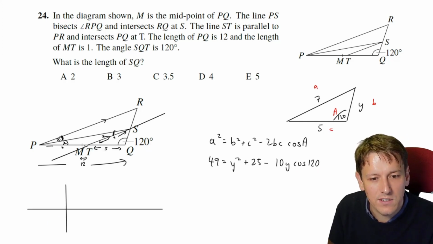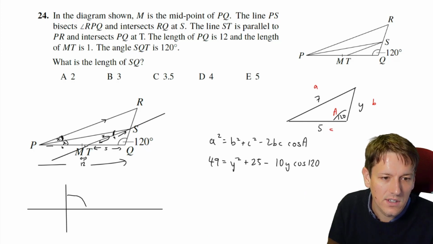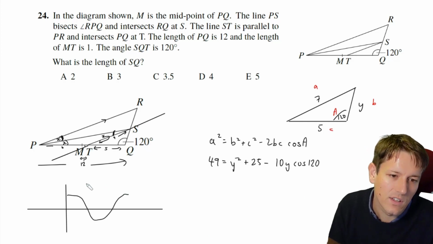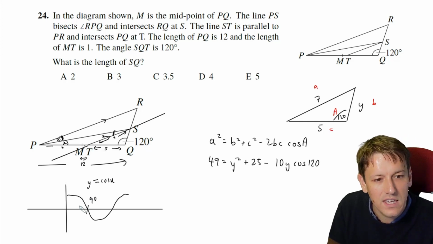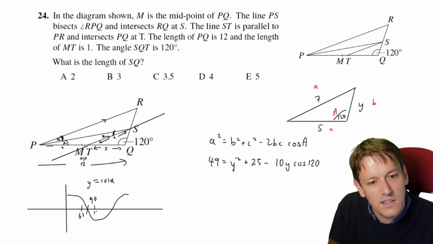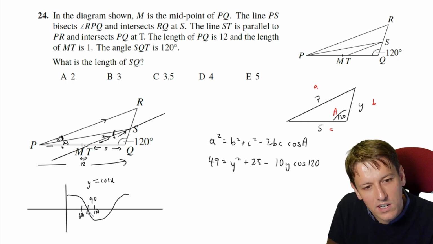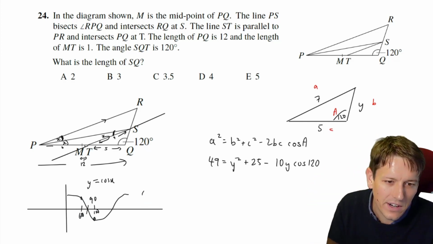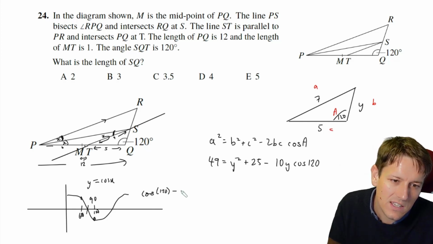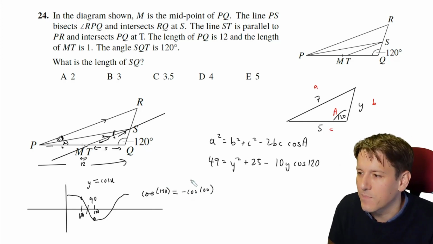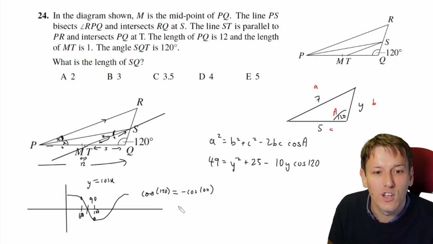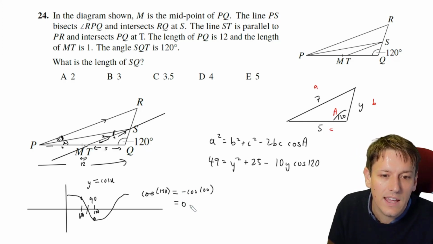There are different ways of doing this, but I'll do it with just a quick sketch of the cosine graph. This would be like y equals cos x or something, so it goes through 90 here. So if this is 60 and 120, they're kind of symmetrically opposite each other. So all I'm trying to work out in my head here is just to remember that I know that cos of 120 is minus cos of 60, and cos of 60 hopefully you know is a half,